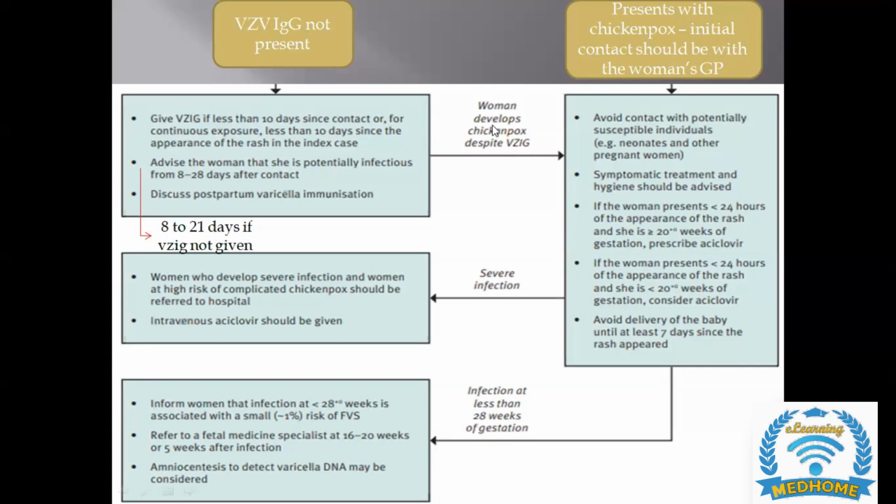Before 28 weeks there is a risk, a very small risk though, of fetal varicella infection, but after 28 weeks there is no risk of fetal varicella infection. So chickenpox, 28 weeks, remember it. Inform women that infection at less than 28 weeks is associated with a very small risk, approximately 1%, of fetal varicella syndrome. If a patient is less than 28 weeks and contracts chickenpox, then what will